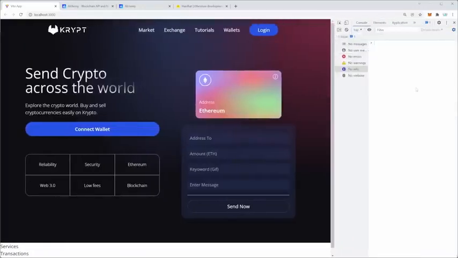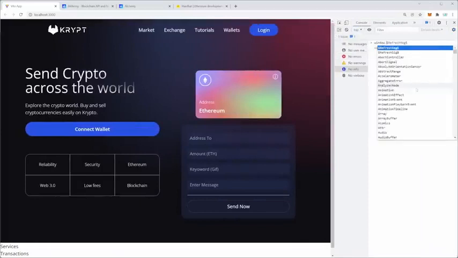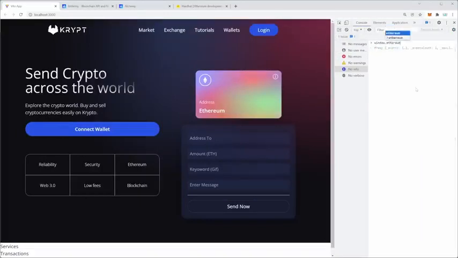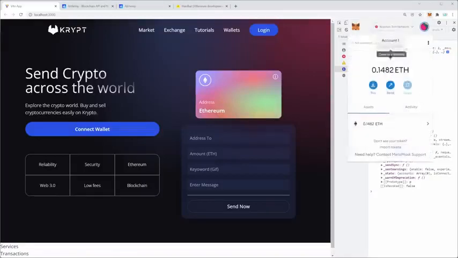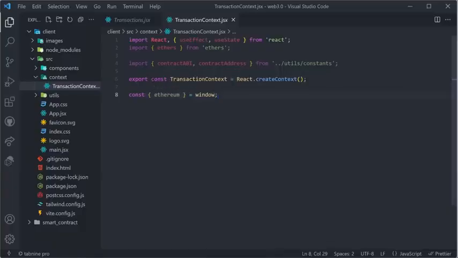to info, we can try typing window.ethereum. And would you look at that? There is an entire object that's going to allow us to handle our Ethereum and blockchain relation. And all of this is here only due to the fact that we installed and set up MetaMask. Okay, now we know that we have our contract ABI, contract address, Ethereum window object, and we are ready to